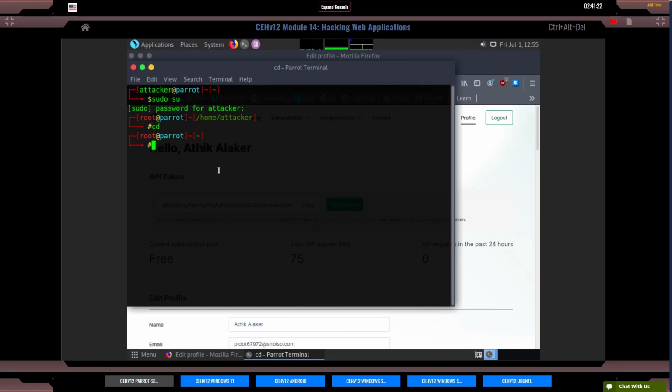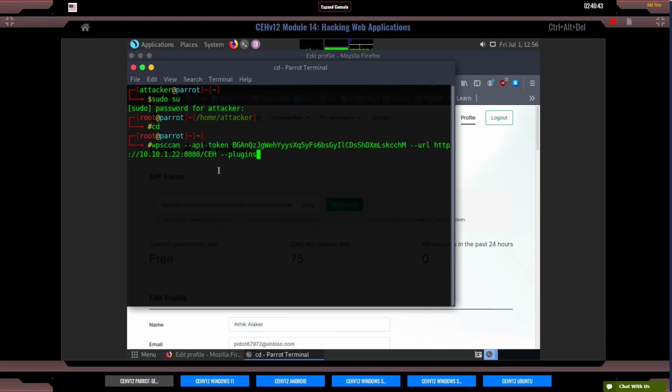All right, in the terminal window, we're going to type in wpscan --api-token, and then paste the token in. --url http://10.10.1.22:8080/ceh